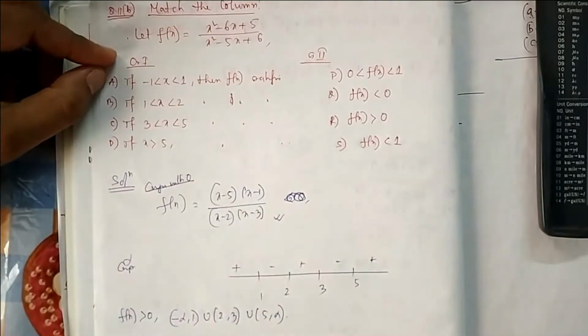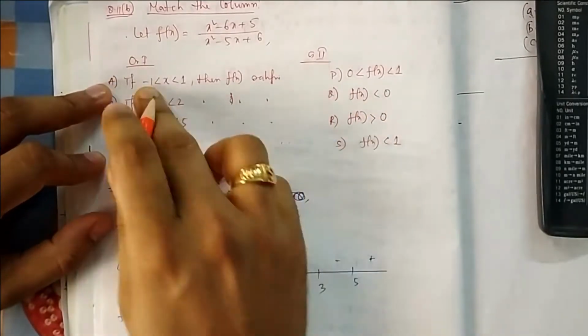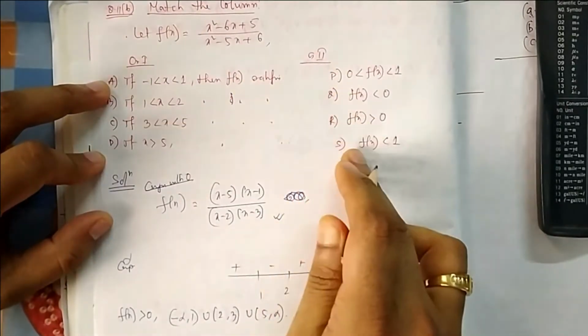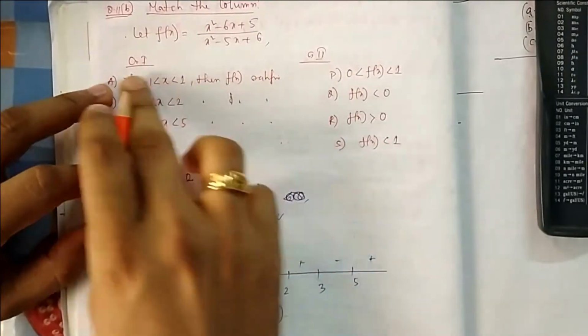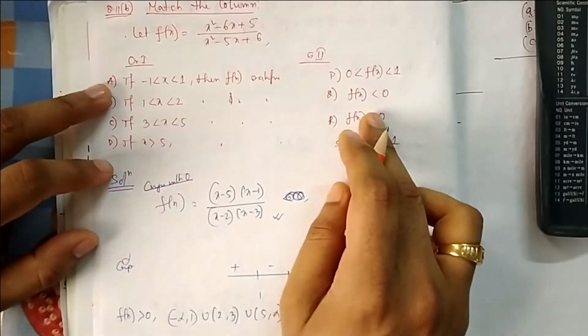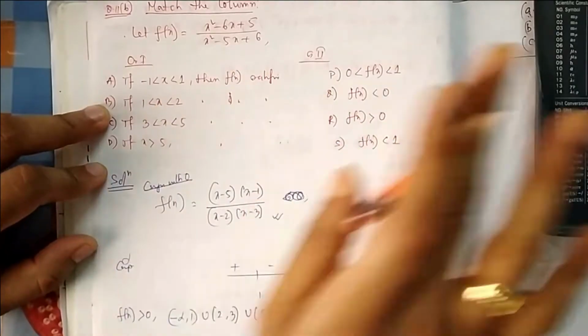Match the following columns. So you have to match. In this type of matching, generally the question is not one by one matching. A can be matched with 3-4 answers. A can be matched with P, Q, R, S. All 4 can match with A. So whatever the possible matchings with A, you have to write all the matchings. It is not that one matching, A with P, B with Q.